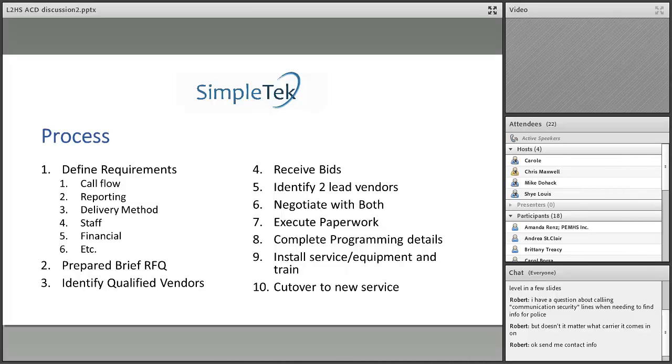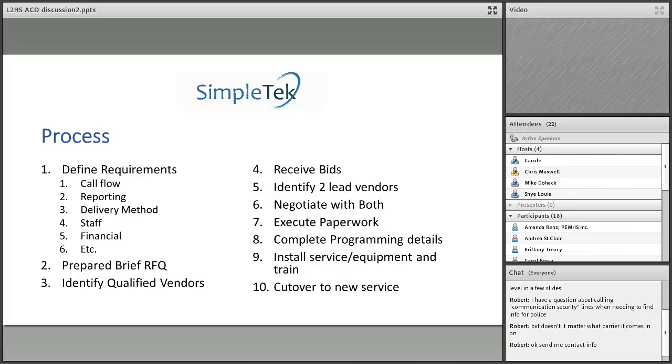So we have flow charts and everything so we can explain it, and it doesn't have to be us, but if you're going to be doing this process, once you've defined everything, it's very valuable to go back and play out in your mind what they do, how they do it, what you want to see, what you don't want to see, what's important, and look at it from a supervisor's perspective, a staff person, a person calling in, a person on social media, so that you can set reasonable expectations of what you're going to have at the end of the day.